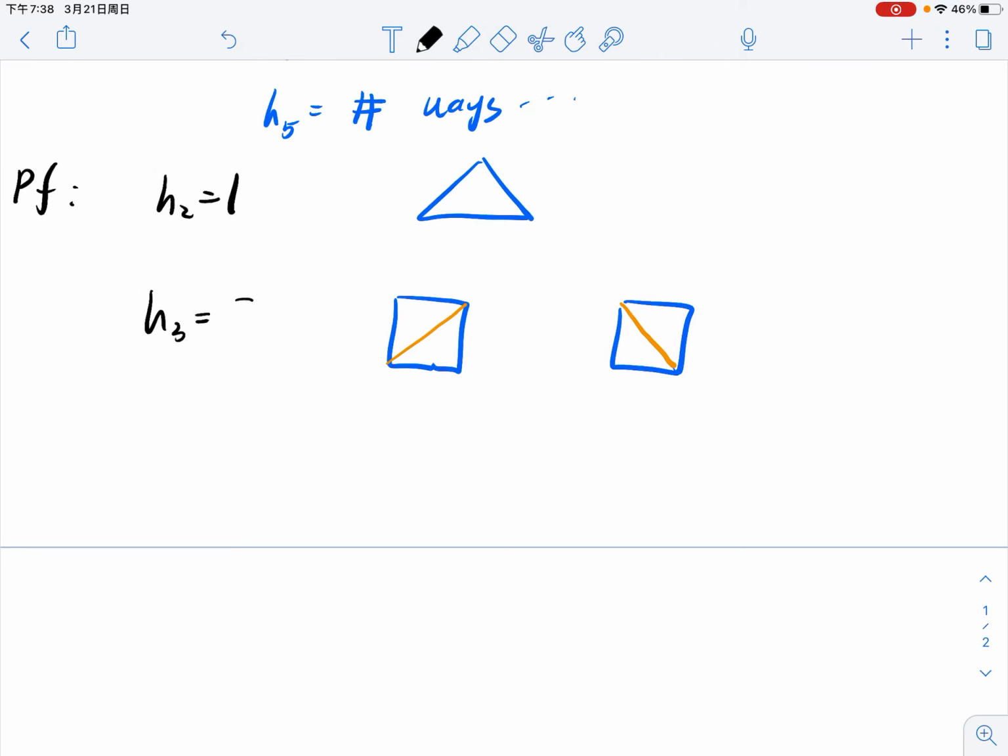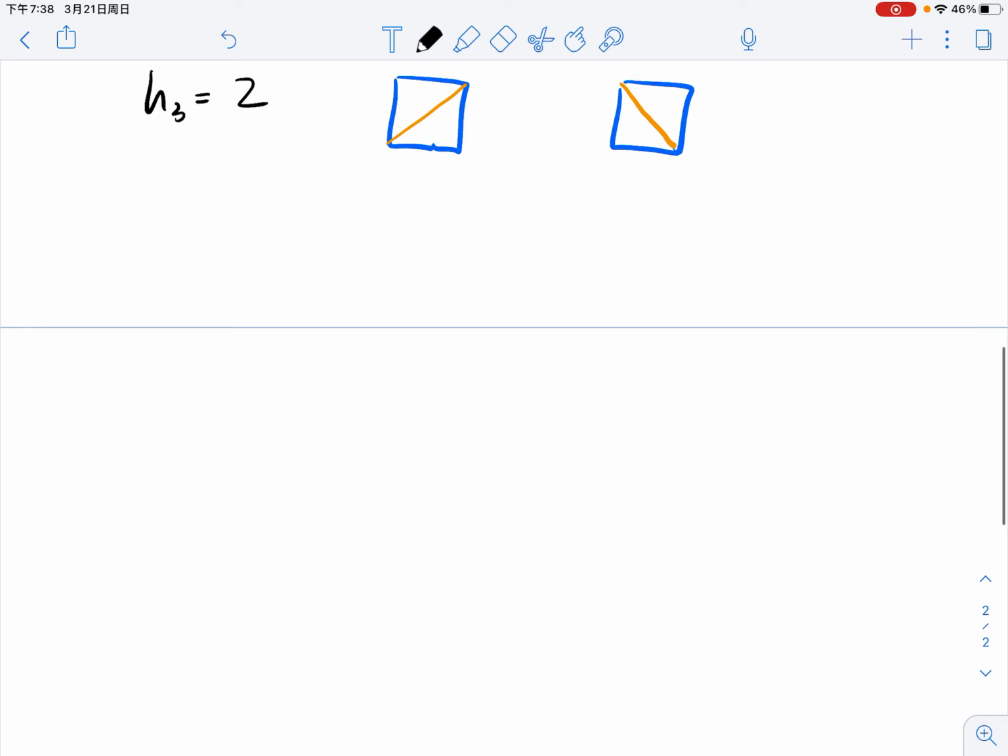Therefore, basically you have 2. You can do this way to enumerate Hn for the small numbers, but for the larger numbers, you do need some other argument, either by induction or whatever. So for n greater than or equal to 4, our method is to fix a side T